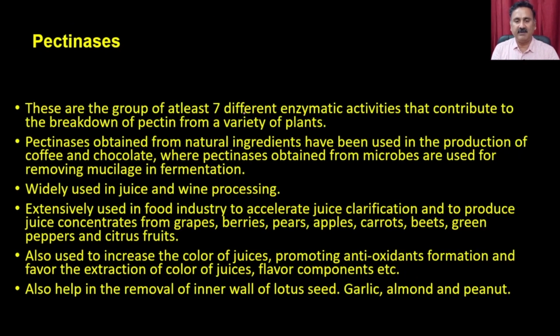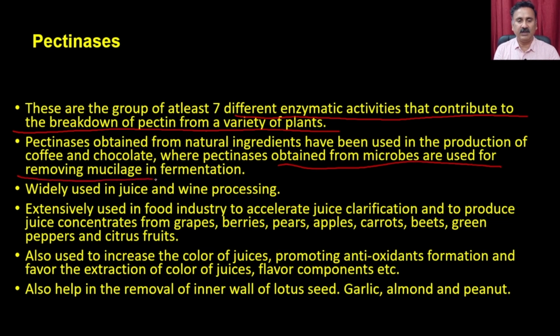These are a group of at least 7 different enzymatic activities that contribute to the breakdown of pectin from a variety of plants. Pectinases obtained from natural ingredients have been used in the production of coffee and chocolate, where pectinases obtained from microbes are used for removing the mucilage in the fermentations. It is widely used in the juice and wine industry, extensively in the food industry to accelerate juice clarification and to produce juice concentrate from grapes, berries, pears, apples, carrots, beets, green peppers, and citrus